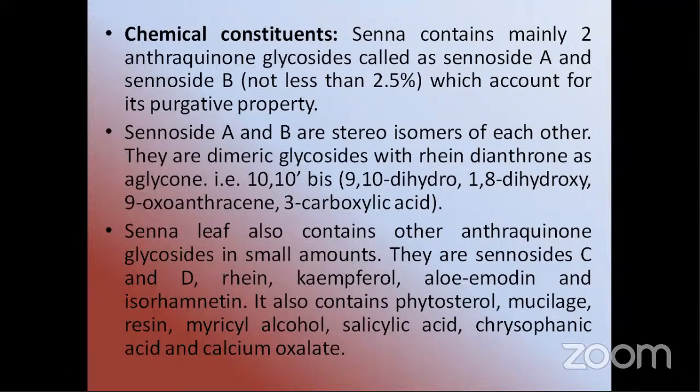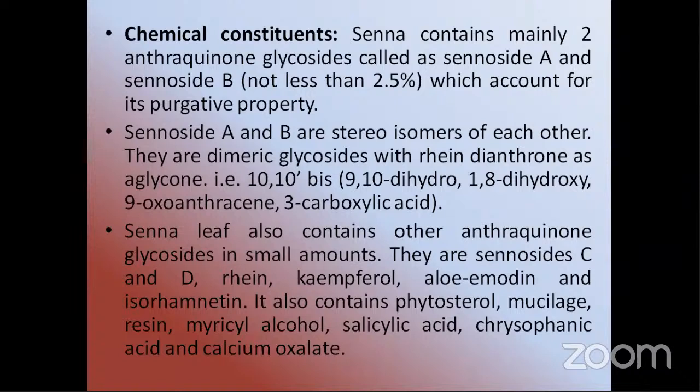They are mainly the dimeric glycosides of rhein dianthrone. Okay. Apart from sennoside A and sennoside B, senna also contains rhein, kaempferol, which is a flavonoid, aloe-emodin, isorhamnetin. And apart from this, it also contains mucilage, resin, phytosterols, calcium oxalates,